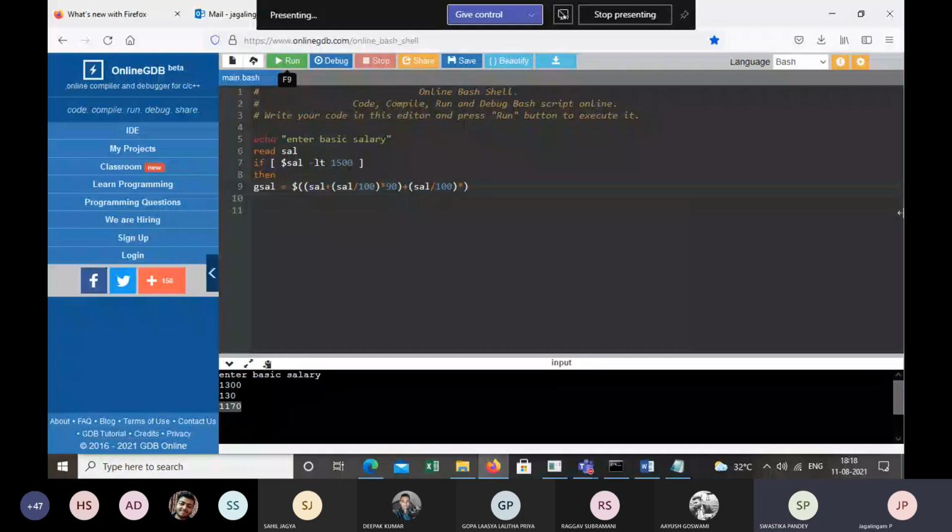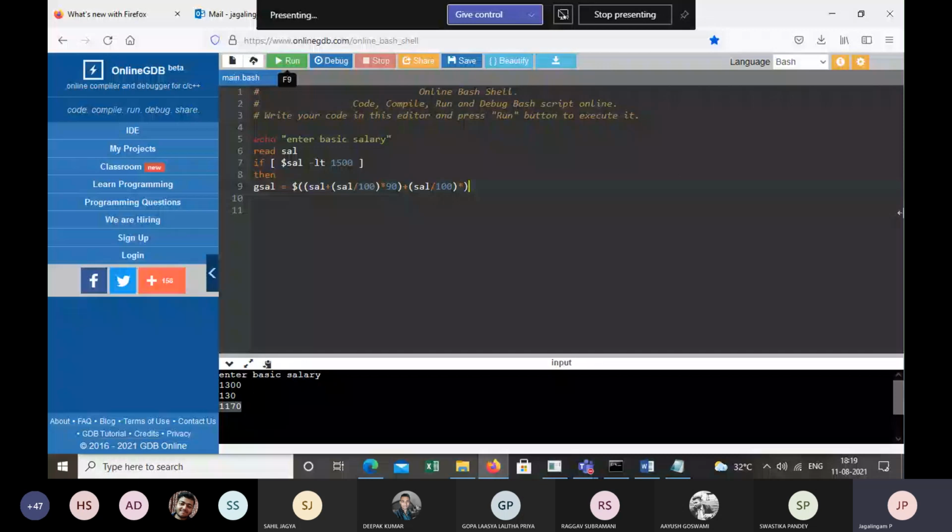Excuse me, sir. Why in line 9 haven't we used EXPR? Okay, that's good. When I go through different documents, they used EXPR for arithmetic operations, and somewhere they also did not use EXPR.